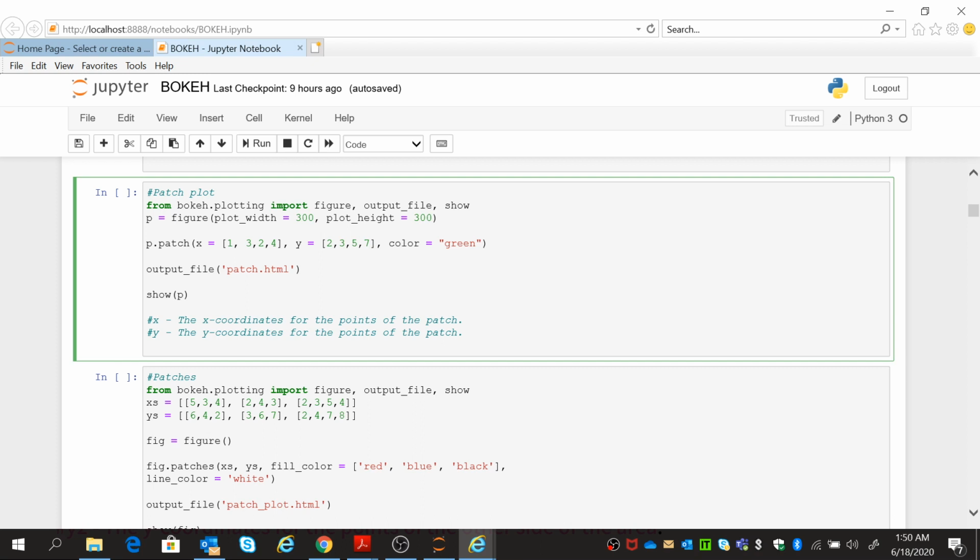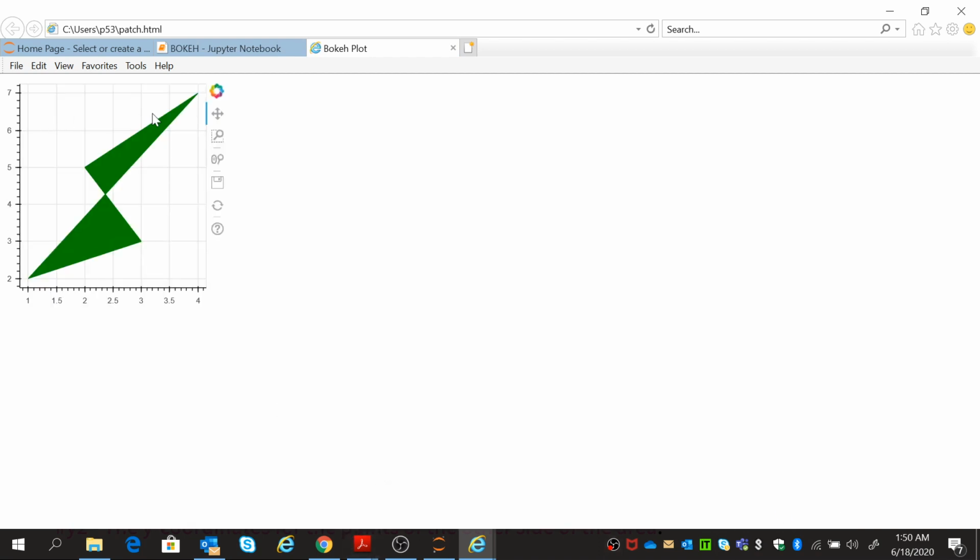All right. And similarly, this is for the patches plot. So let us see how the patch plot works first. Let's run this patch plot function. And yeah, so now you can see again the similar type of tool is there, same functions, everything, and you can use these tools to visualize your graph better, to interact with it as you want.